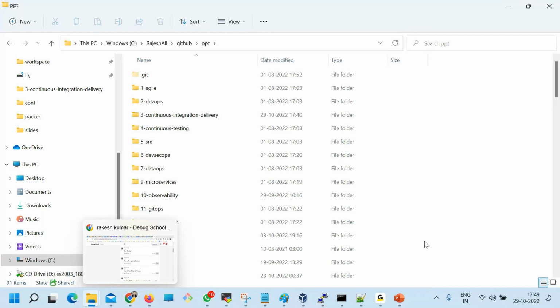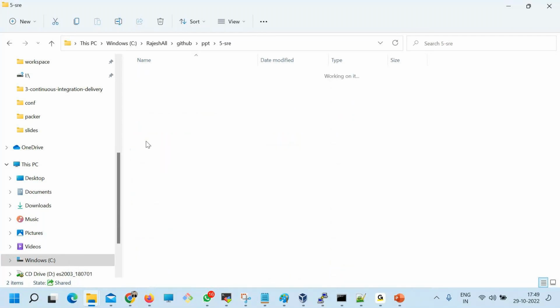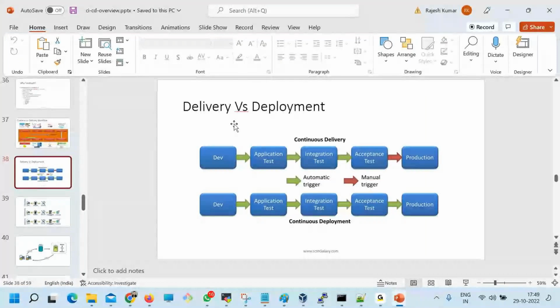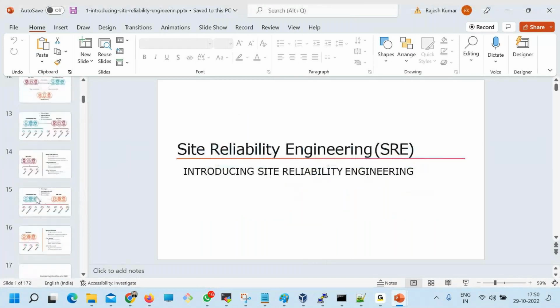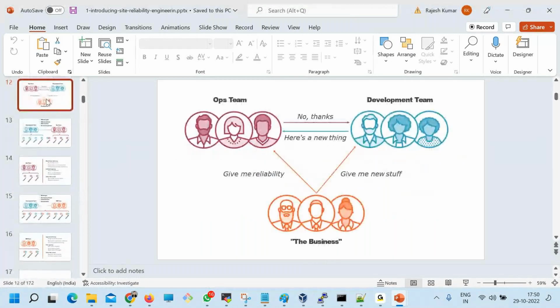Now I want to teach you a little bit of fundamentals of SRE also. A dedicated in-depth SRE session we'll have on the day when we start the SRE topic, but right now I just want to give you a little glimpse. I'll tell you one important thing, guys. The important thing is